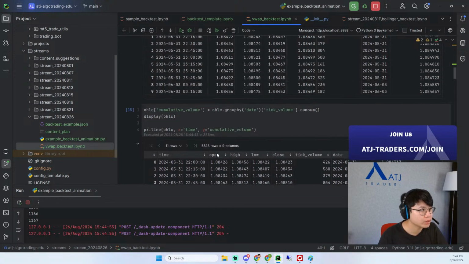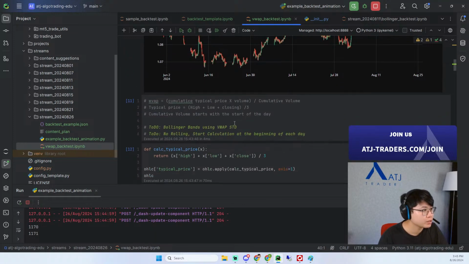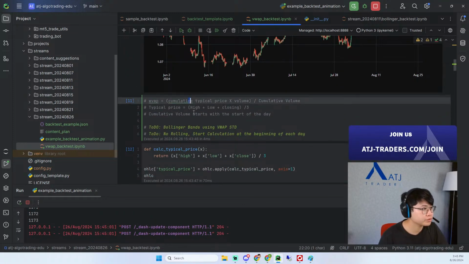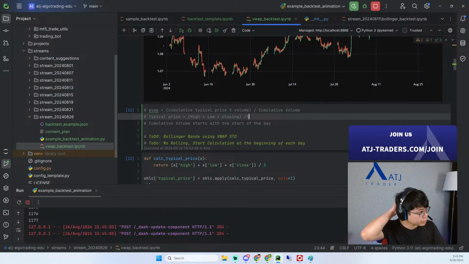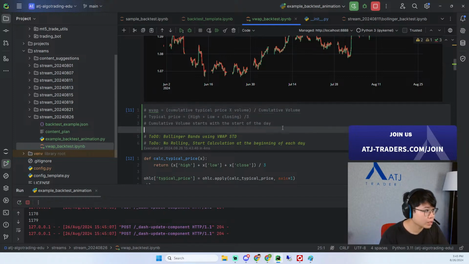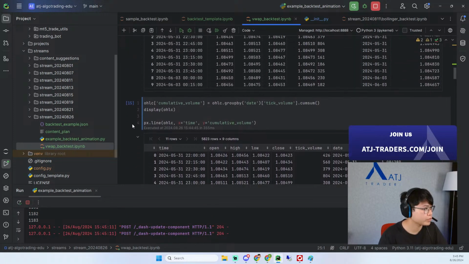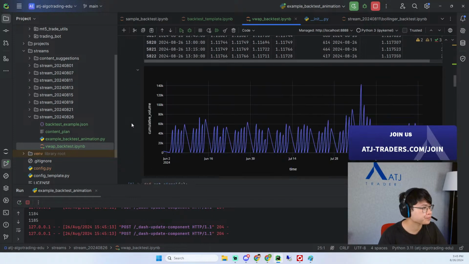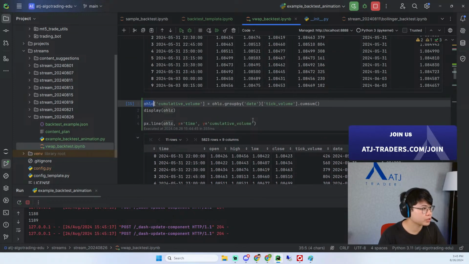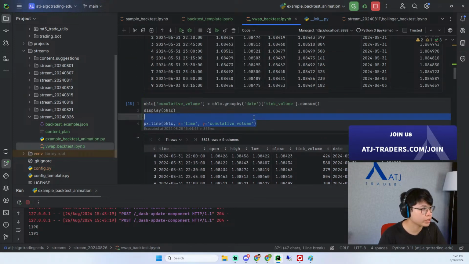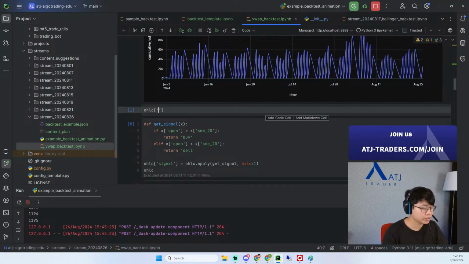And now we have the cumulative typical price that is done. We have the volume, we have the cumulative volume. So we can actually calculate the VWAP. So yeah, let's do that. The last part here is, okay, I don't need this anymore. All right, I'm just going to leave it here if you guys want to check it out later. So in our next cell,